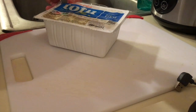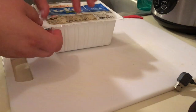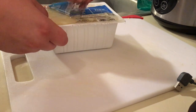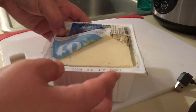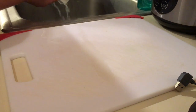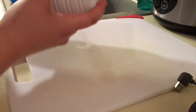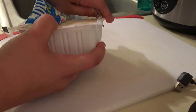So I usually cut it open, and then you're going to see a lot of juices in there. You want to get rid of the juices. Some people use the juices to cook, but I don't advise it. It tastes weird. So yeah, drain your tofu, and you want to smell the tofu. You really want to get the tofu as dry as possible,